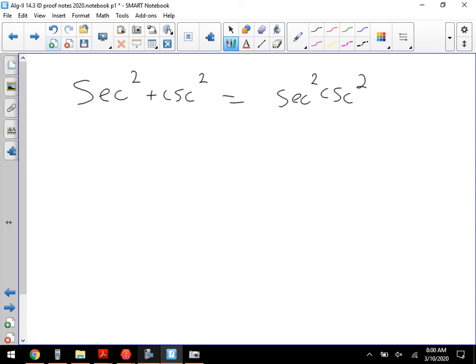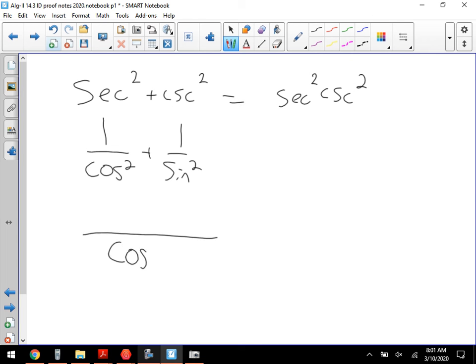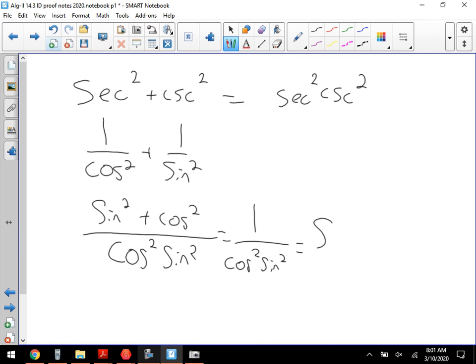Again, same idea. Rewrite it as sines and cosines. There's a plus. What's the common denominator going to be? See how this falls real quick now? You have cosine sine squared. It needs a sine squared, it needs a cosine squared, which gives you 1 over, which therefore is